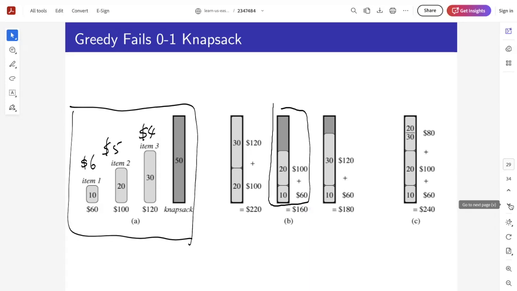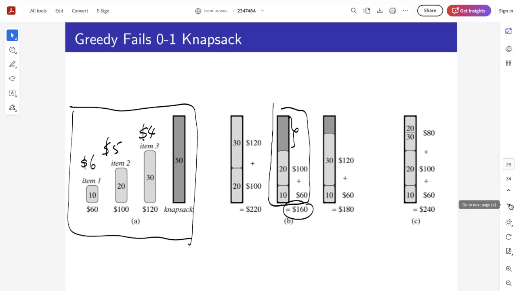And then we are going to place the second item because it has the second largest value per pound. And after that, we have quite a bit of room left, but item 3 weighs more than that room. And we can only hold 2 items, and its total value is $160. However, as you can see, we could also have another